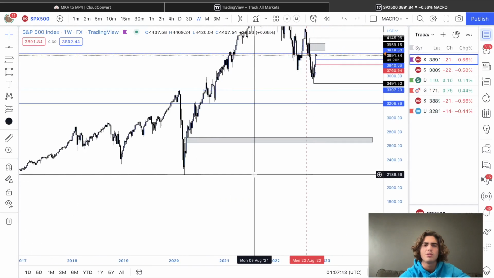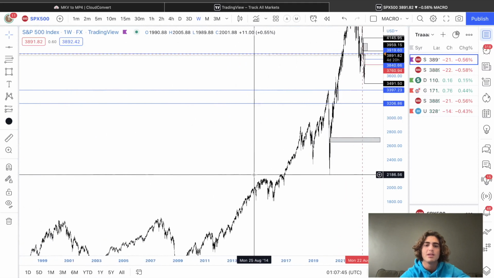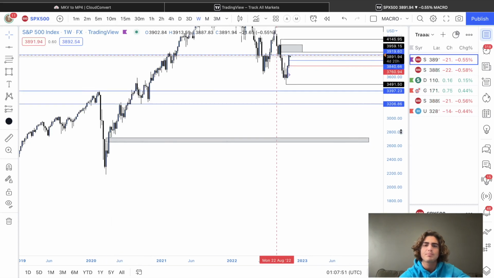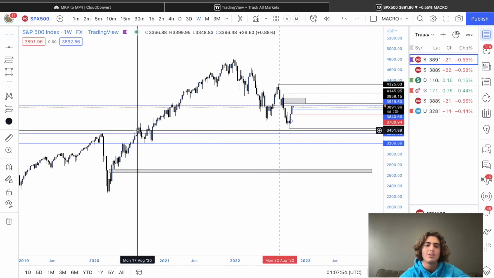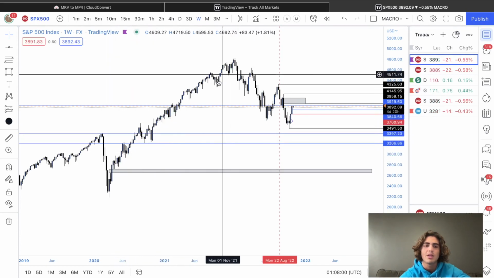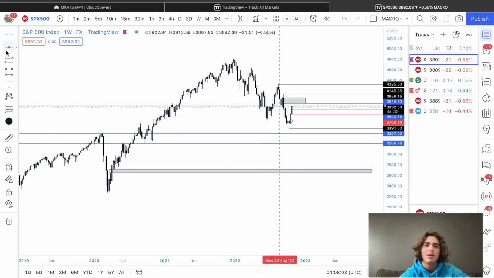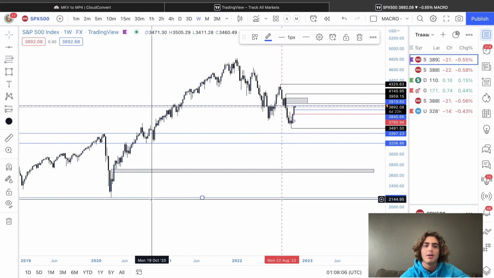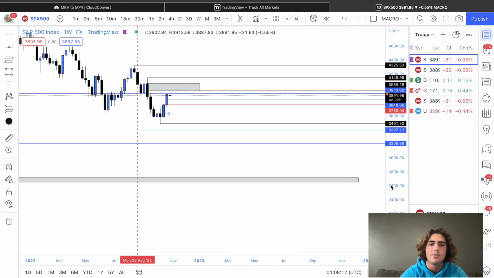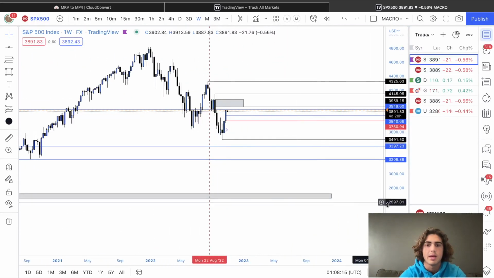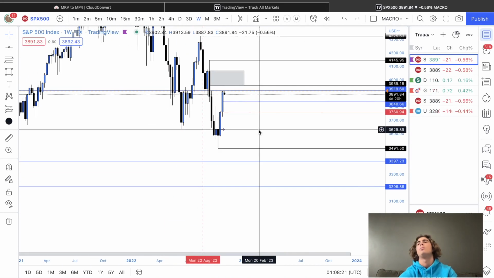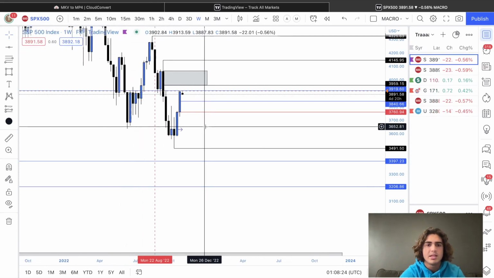Sweeping these COVID lows would be kind of crazy, but I wouldn't even put it past the market makers. All these people were buying in COVID, right? And if you think about it, right around here is where the inflation started and where the money started coming in and people started putting money into the stock market. Where are people most likely to get liquidated from their COVID positions? Right under here. But we're far from that right now, so I don't want to scare you guys, but it is something that is possible. Is it probable? That's tough to say right now. We just have to take it a week at a time, a month at a time.